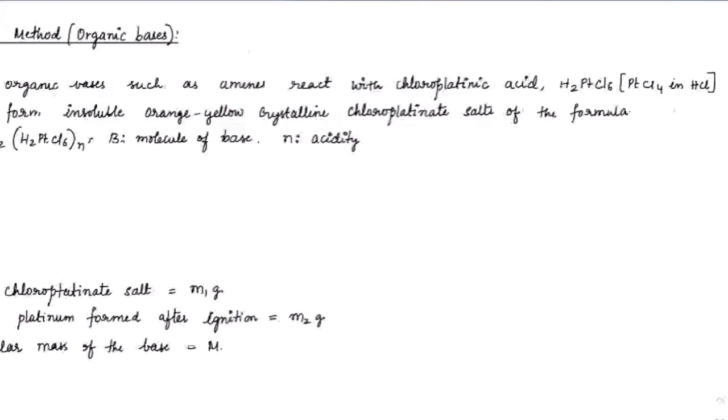Most of the organic bases, such as amines, as in RNH2, these are amines. These amines react with chloroplatinic acid like an acid-base reaction. See, this is chloroplatinic acid. When you treat it with amines, it will form a salt, like an acid-base reaction. And that salt on heating, we will get platinum back. From that platinum, we will make an estimation of the amount of organic base, that is amines, which were present.